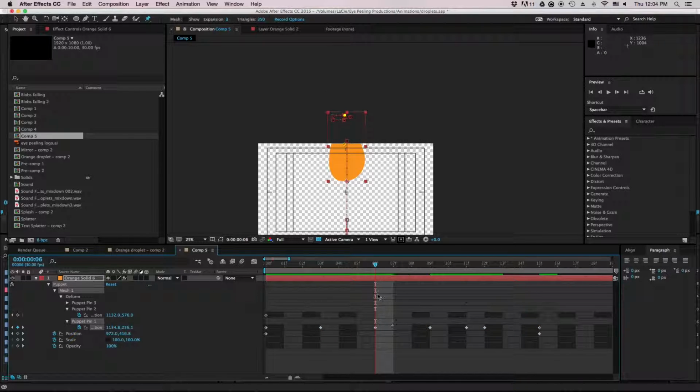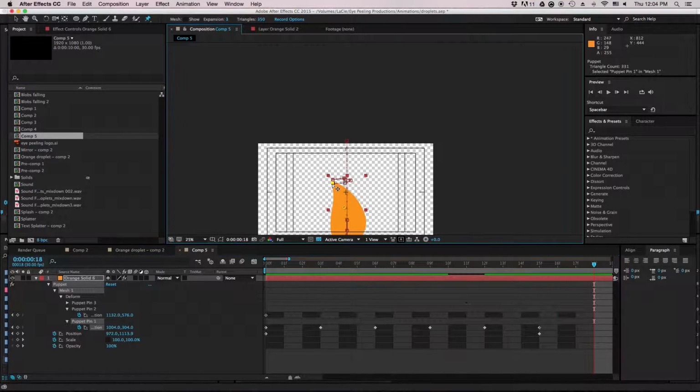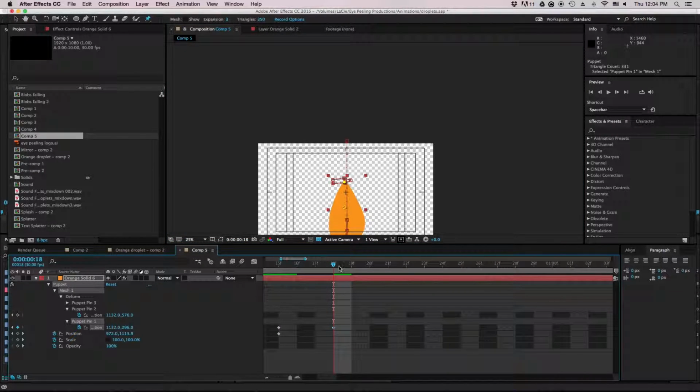I can delete this keyframe because this was made accidentally. 1, 2, 3. I can delete this frame too because it was made accidentally. I'll put this back to the middle here. And every 3 frames,